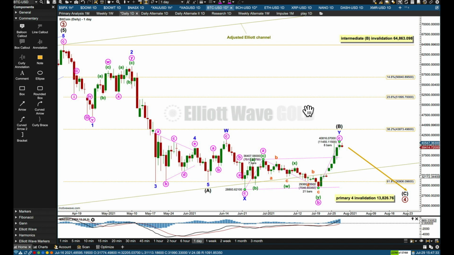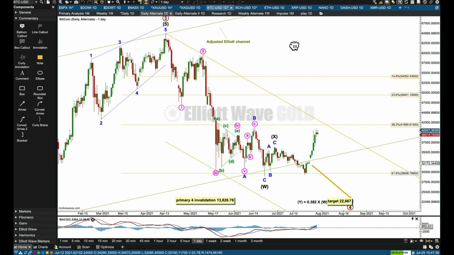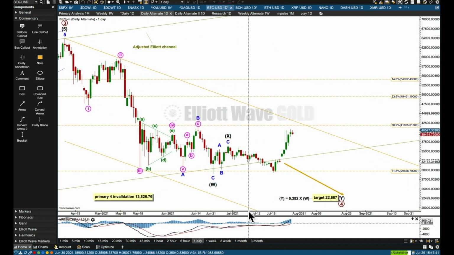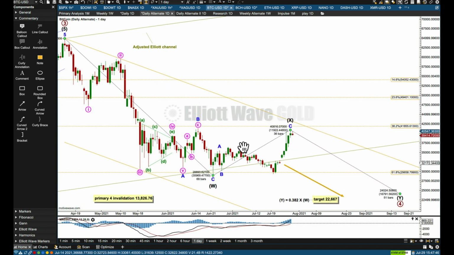So what else could be happening here? Have I got this wrong and is it incomplete? What do I have for my alternate? Well, this expects that it's still continuing as well, and this pretty much doesn't change. Actually, that looks better, and intermediate X could be a zigzag. A is a 5, B is a 3, and B is an expanded flat. Has C moved beyond the end of A? Yes, it has. Okay,